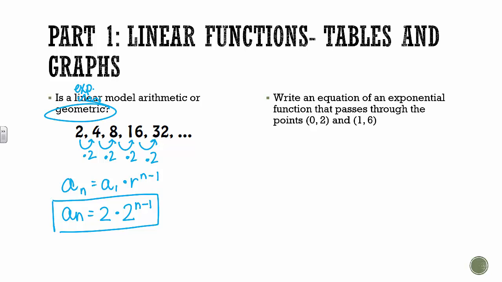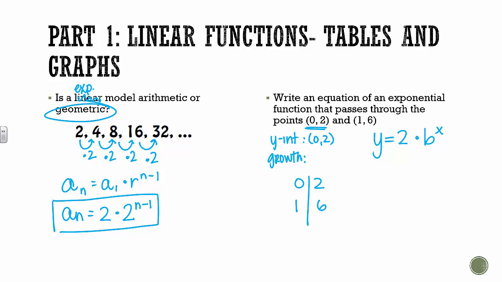Last thing, we need to write an equation of an exponential function that passes through these 2 points. So remember, the 2 things we need to write it in this are the y-intercept and our growth factor. And it just so happens that one of the points they give us is the y-intercept, 0, 2. So that's going to go right here in our equation. And now the other thing I need to find is just my growth factor. So you can make yourself a little table, 0, 2, and 1, 6. This went up by 1. And in order to go from 2 to 6, remember we're doing multiplication, not addition, I need to multiply by 3. So that has to be